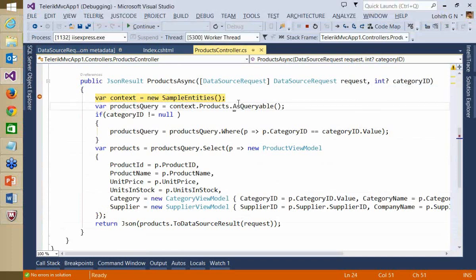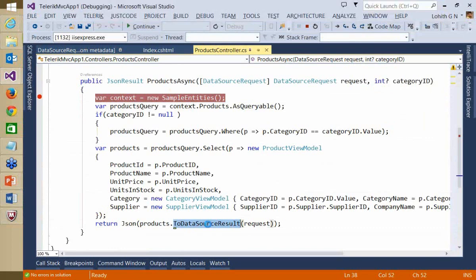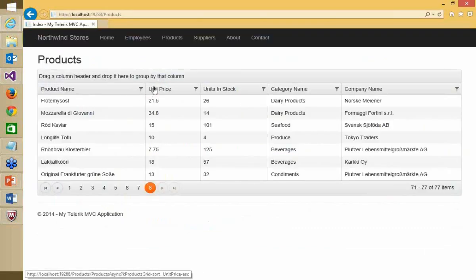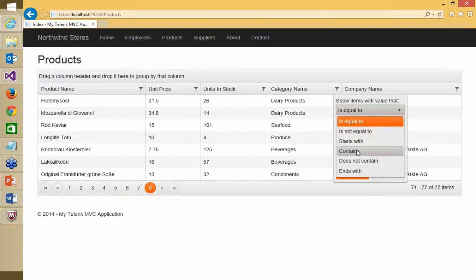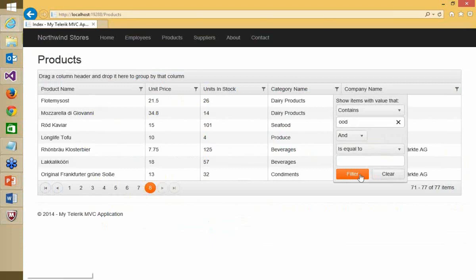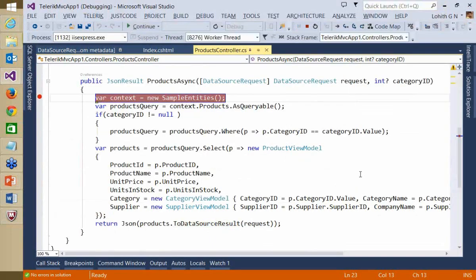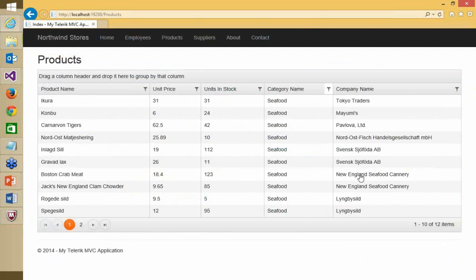So now basically the ToDataSourceResult will act upon this and then get you that particular page that you need. Maybe let me go ahead and say show me any contains, let's say, OOD. So even for the filtering, it comes to the server side, and then you can pretty much do the filter everything by yourself. As you can see here, I now have seafood selected as the category, and then